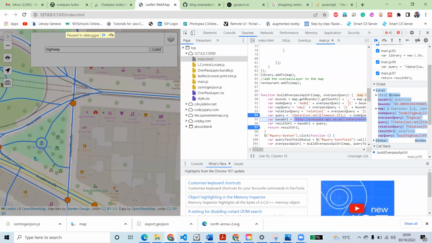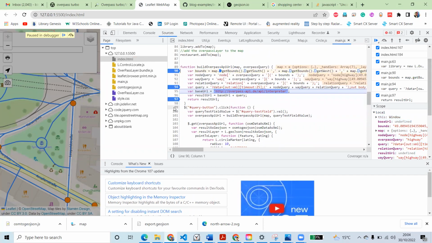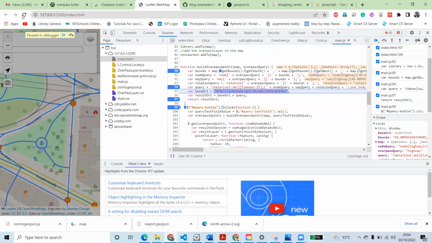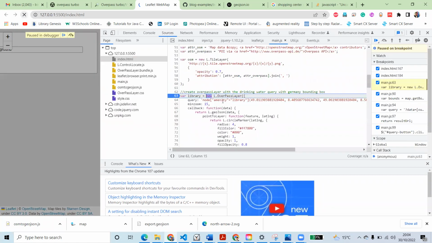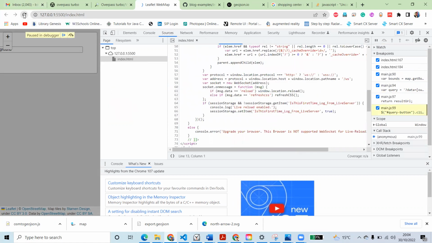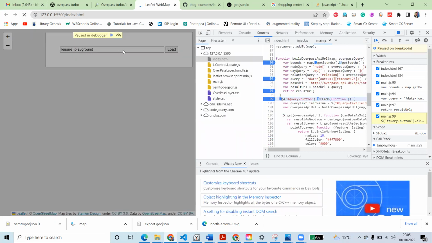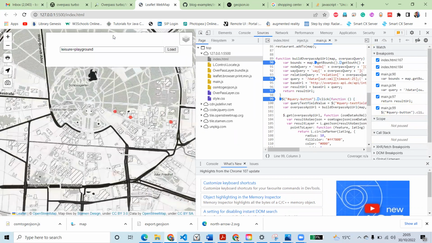First, in order to see how the function works, we are going to use this one and then reload it again. I'm going to load it. The first thing is that it got stuck at this point because we have already used the default query as leisure background. So we are just going to run it and nothing will be there. So when I load it,